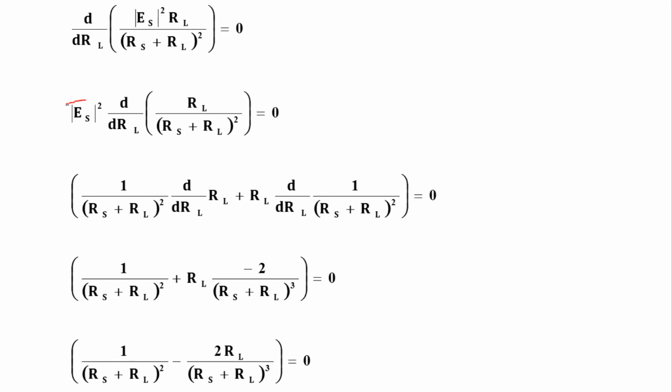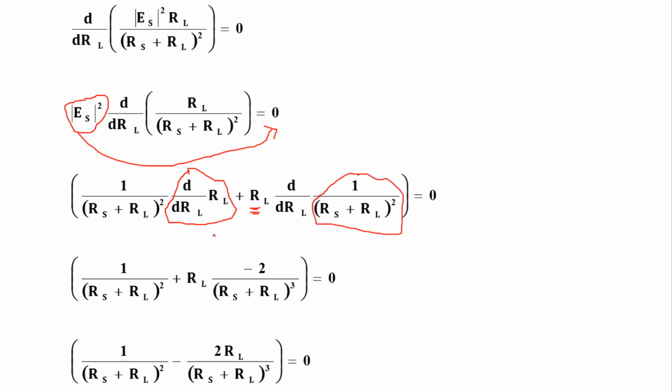So Es square will keep outside, d by dRL of the remaining term, RL upon (RS plus RL) whole square, is equal to 0. So this becomes the denominator of 0, so it will become 0. Again we will use the multiplication rule for differentiation. So we will keep 1 upon (RS plus RL) whole square as outside and differentiate RL with respect to RL. Next, plus we will keep RL outside and differentiate the 1 upon (RS plus RL) whole square with respect